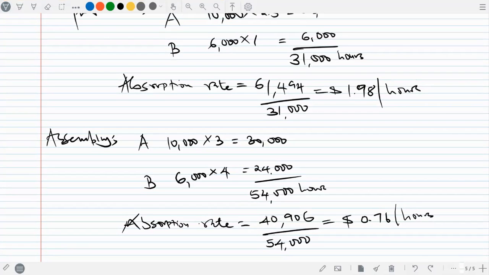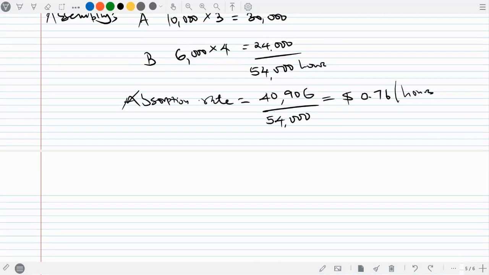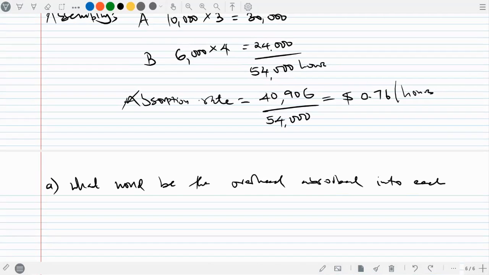Now, if the question was to continue, this question doesn't continue, but let's assume it was to continue and ask us to determine what will be the overhead that is going to be absorbed in each of the products. So let me just put a question here: what will be the overhead absorbed into each of the product,